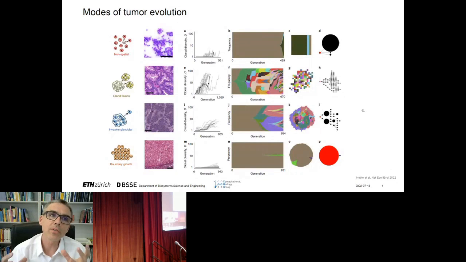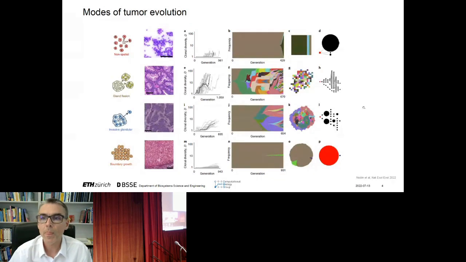And depending on what this mode of tumor evolution is, we will see different patterns in the tumor phylogeny when we try to reconstruct the history of a tumor. As indicated in the last column here, you see very different phylogenetic trees, where also the clone size is represented by the size of each node. And just to get a sense that these patterns can be very different and very diverse for different